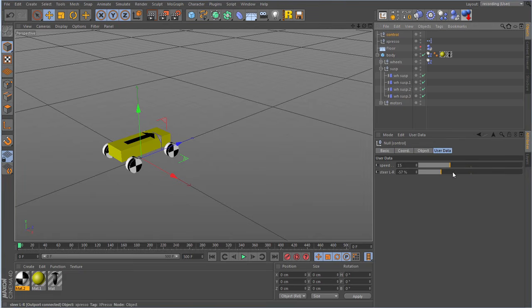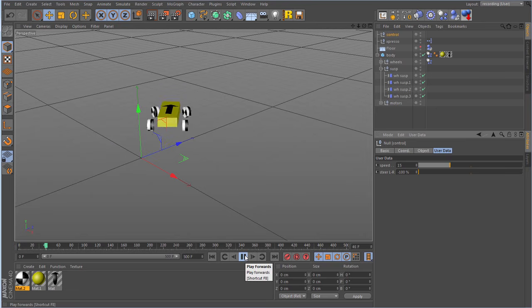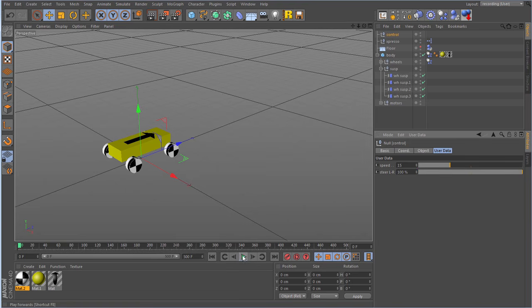Got my control, got it set on. Let's put him on full lock. Let's go crazy and test him on full lock. Okay, so I'm going to set the animation rolling, and the wheels should be on straight ahead for the first 5 frames, and then whatever the steering is set to will take over. And there we go. No wobbly wheels at all. Let's just check it on the other lock to make sure. Okay, so I think we've nailed that steering business.